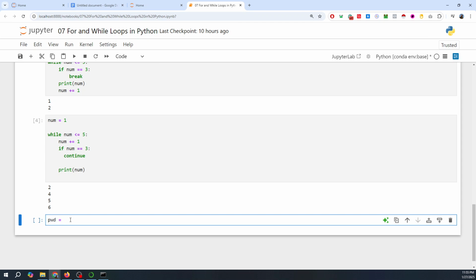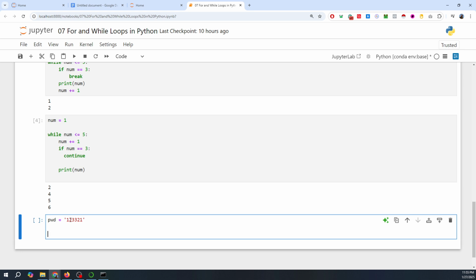Let's put a password that is 123321. This is our password, and I'm trying to explain when we use the while statement. So let's take an input, and also initialize another